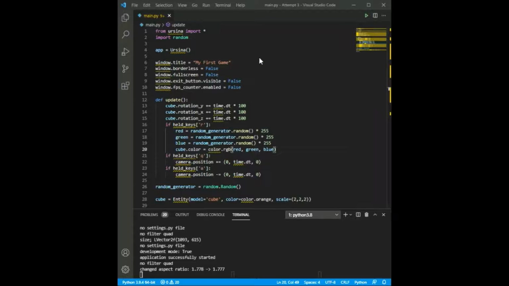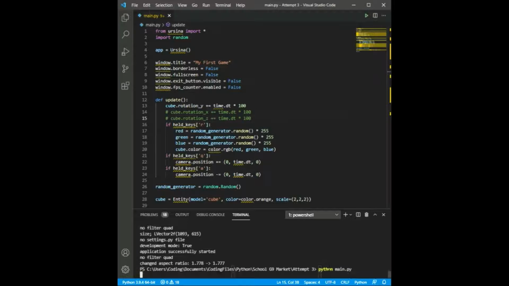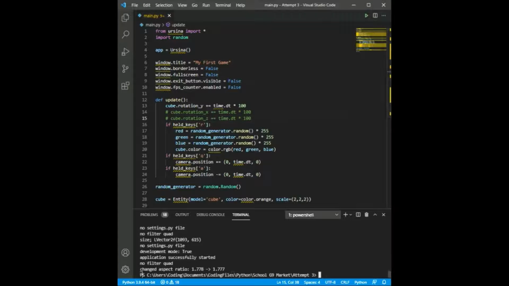Okay, I'm just gonna comment out my X and Z rotations and run it again to see how this camera position works. Okay, so basically it just moves where we're looking at. Okay, and then I'm just going to copy this down,